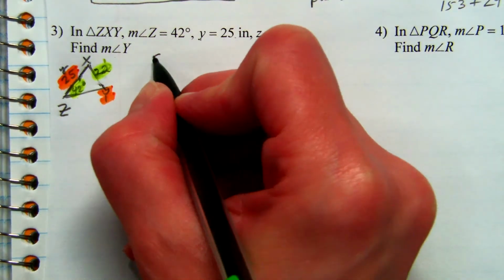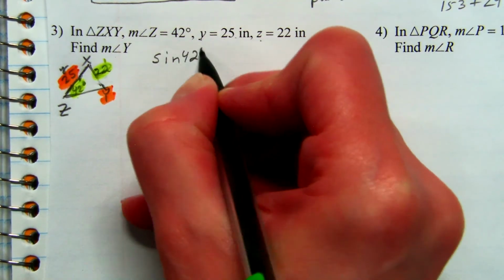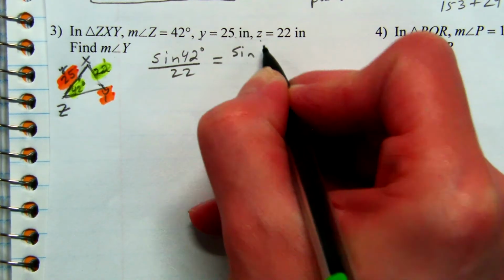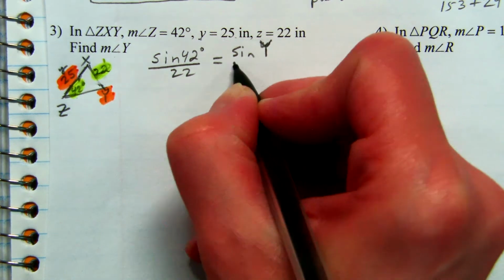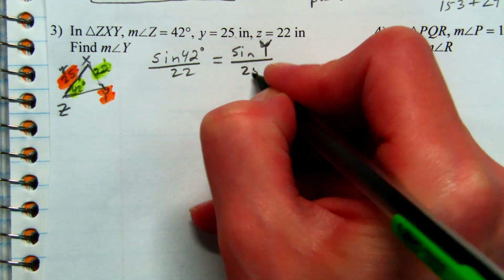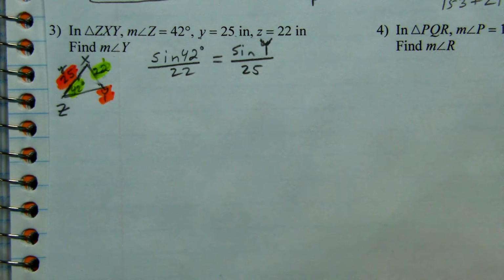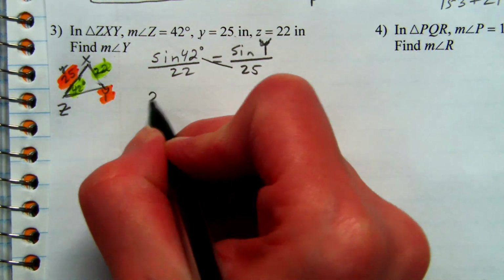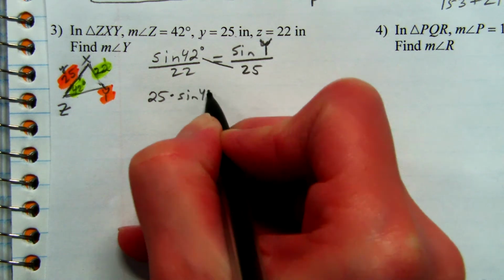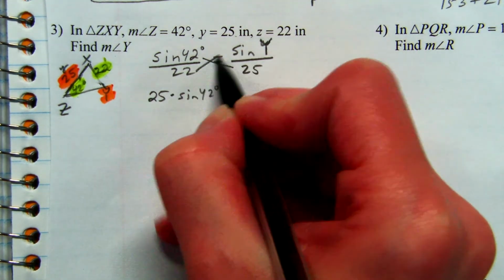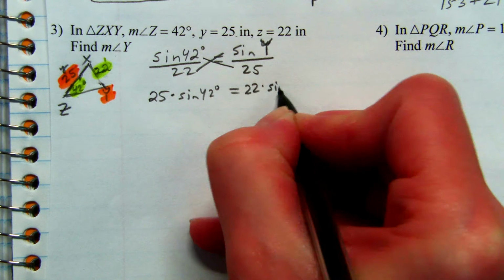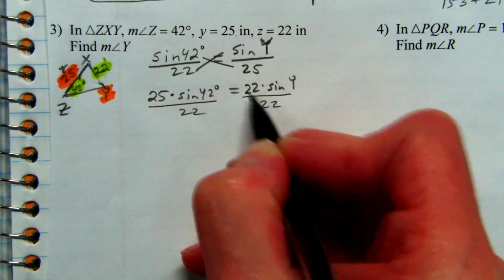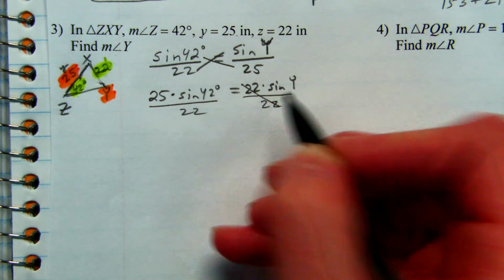So we would set up our law of sines. So sine of 42 degrees over 22, making sure we keep those together, equals sine of angle Y, capital Y, over 25. So setting it up is very similar to yesterday. We're just solving for an angle instead of for a side. So you cross multiply: 25 times sine of 42 degrees equals 22 times sine of Y. And then we divide by 22. And you will get about